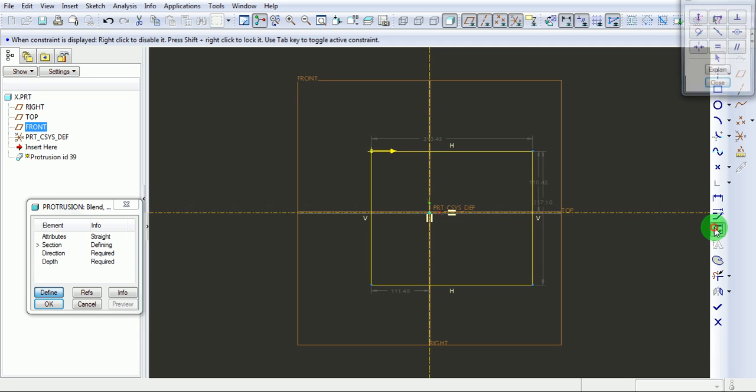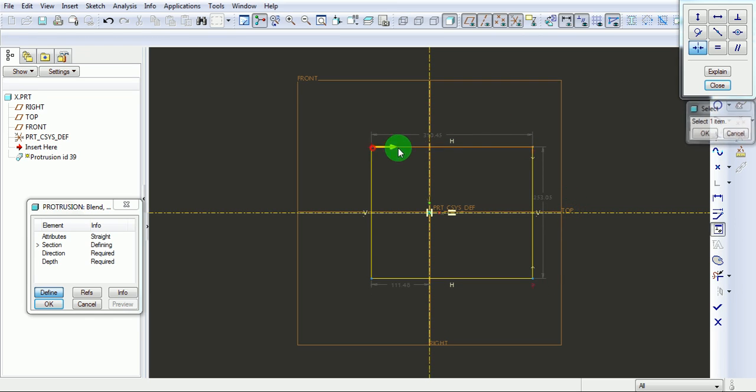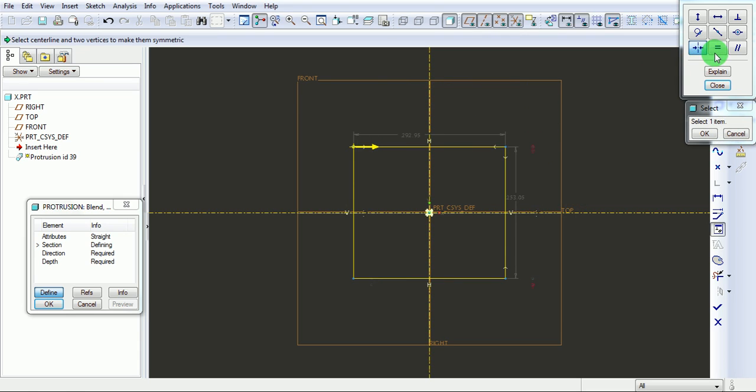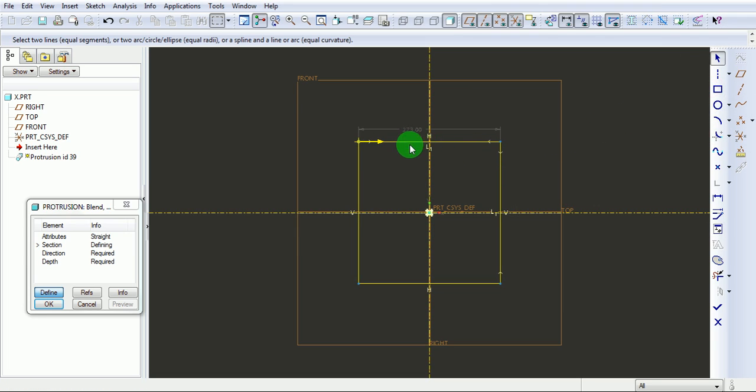Pick on the constraints to make symmetry of these two vertices about the center line and symmetry of these 2 points about the vertical line. Use equal constraint to make the lines equal. Press OK, close. Observe that L1 constraint is highlighted, which means these 2 lines are equal lengths.